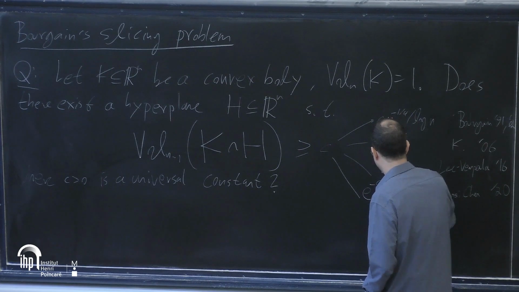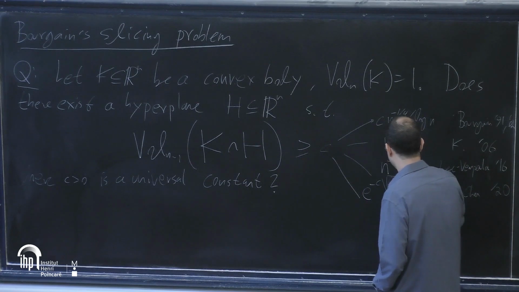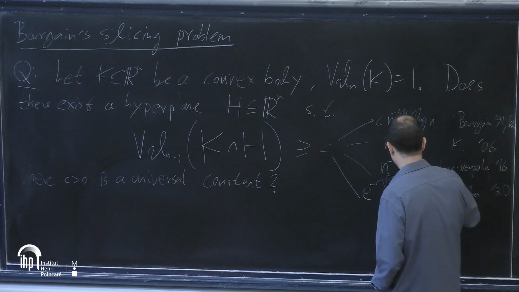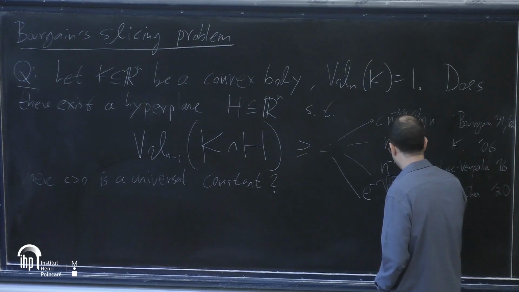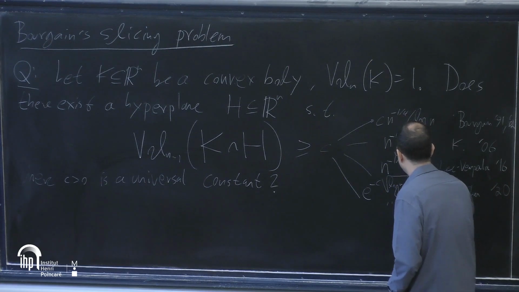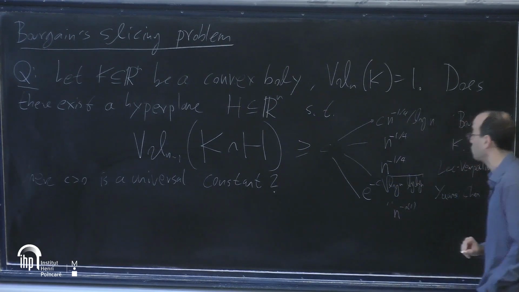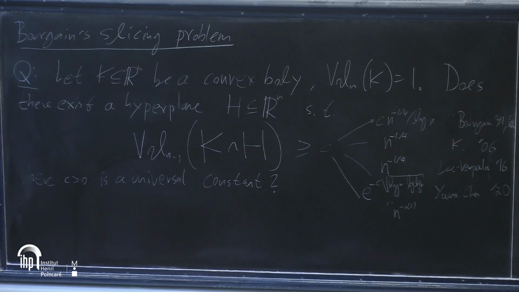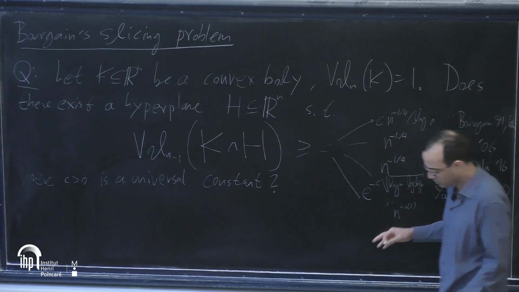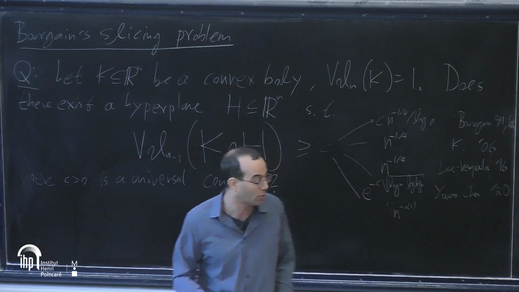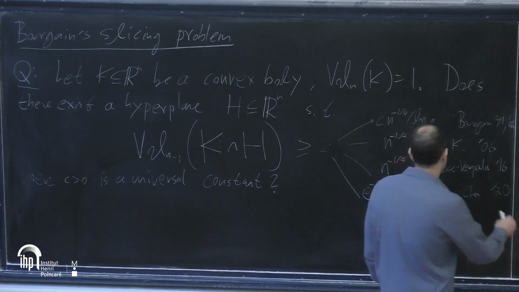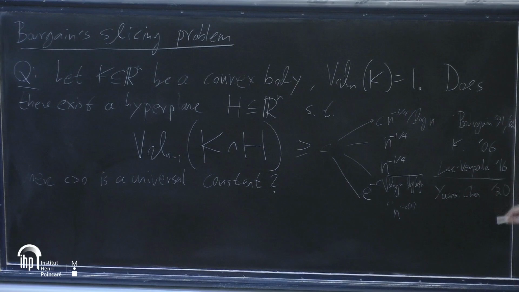He got e to the minus root of log n log log n, which is n to the minus little o of 1, so it's better than any polynomial. His proof used, again, stochastic localization, but his analysis was a bit more intricate. In some sense, some people thought it was the end of the story, but maybe it was just some kind of psychological block. And